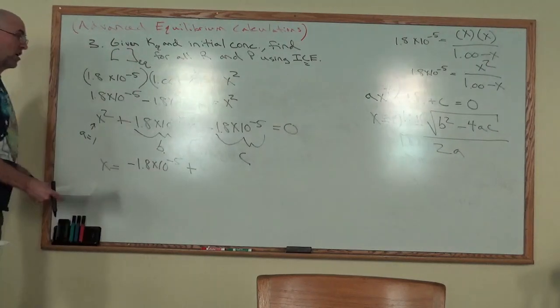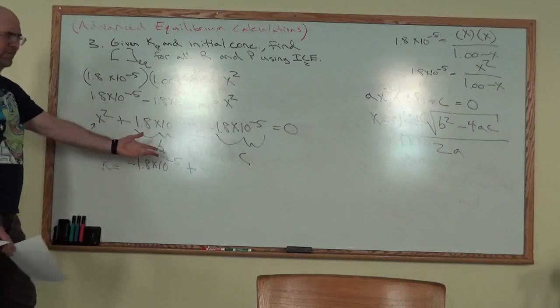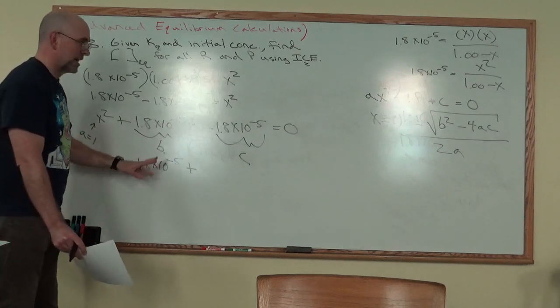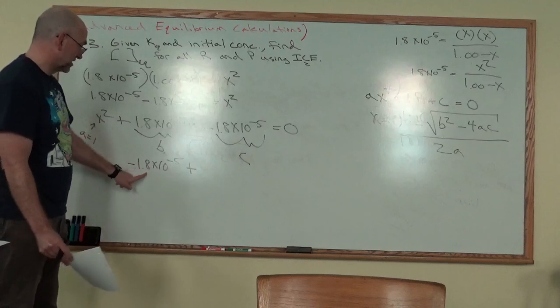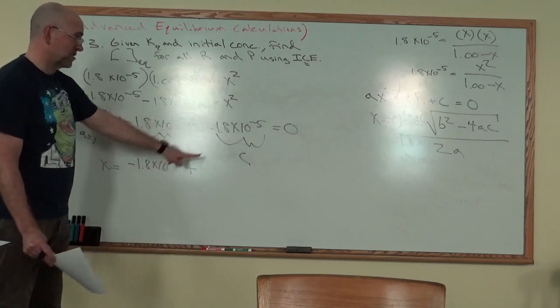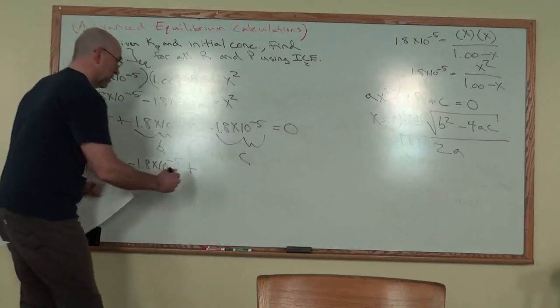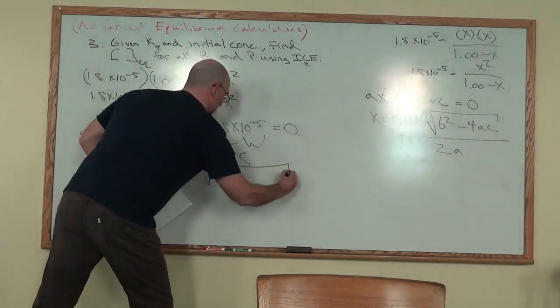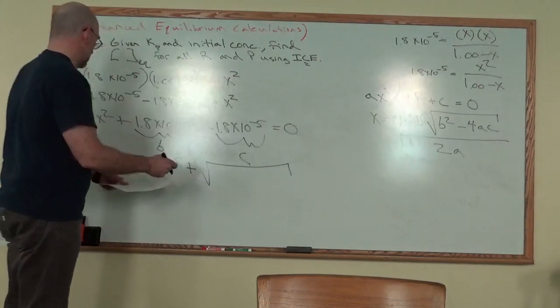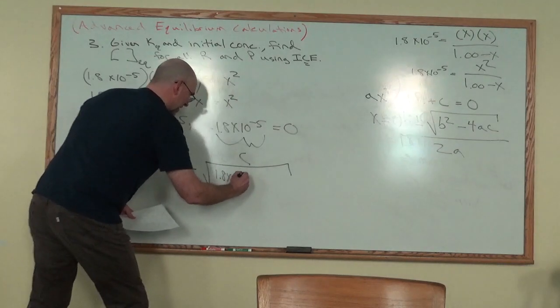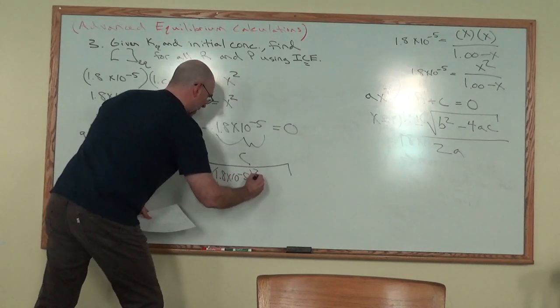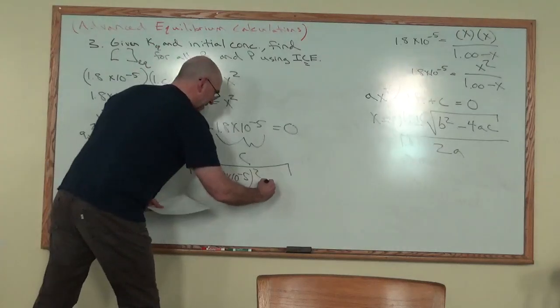Oh, by the way, I automatically know which root I'm going to take. I think you usually take the positive root. Actually, sometimes you have to think about it. So we're going to have to take the positive root because this can't be negative. So this numerator has to be positive. So we'll take the positive root, and then b squared is (1.8 times 10 to the minus fifth) squared minus